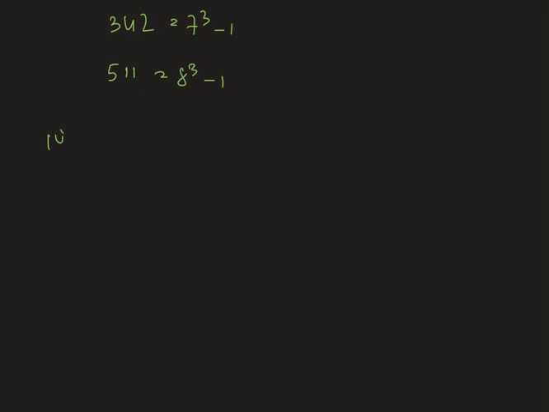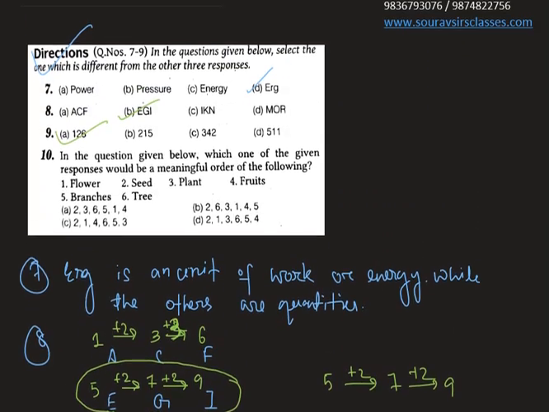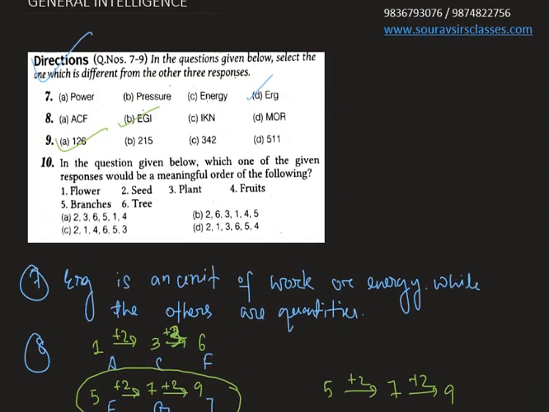So the right hierarchy of these words is seed, then we get plant, then the plant becomes tree, then it gets branches, then flower comes and the flower turns into fruit. So this is the right order of the words. Therefore our correct number pattern is